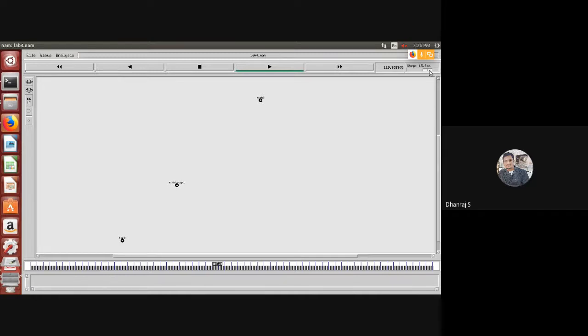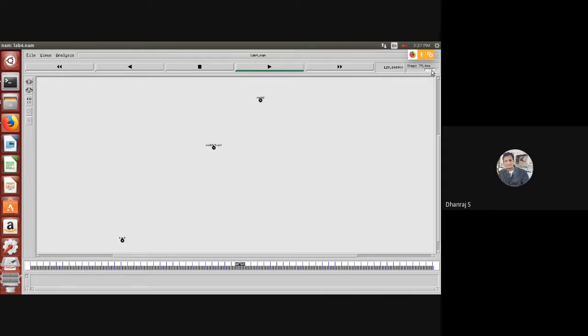The blinking circle represents the coverage area, or you can say the range. Now you can see node N1 starts moving away from N0, and now it's moving nearer to N2.